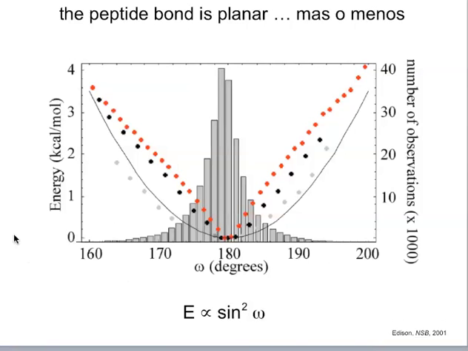If we think about the energy that is required to introduce torsional strain on the peptide bond, and I'm not going to go into details here, but there are several different energy models represented by these different colored dots that give us the possibilities, and then we see Linus Pauling's expression for the stability of that peptide bond to torsional strain, and that's represented by this line here. It's just this E goes as sine squared omega, which is the rotational angle of the peptide bond. So yes, we're planar most of the time, but according to some energy,